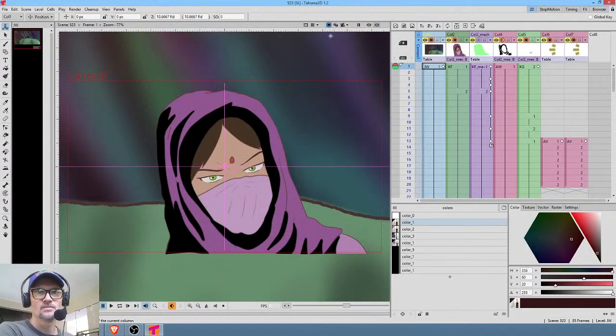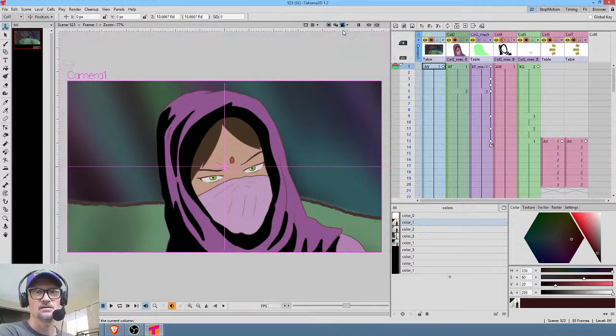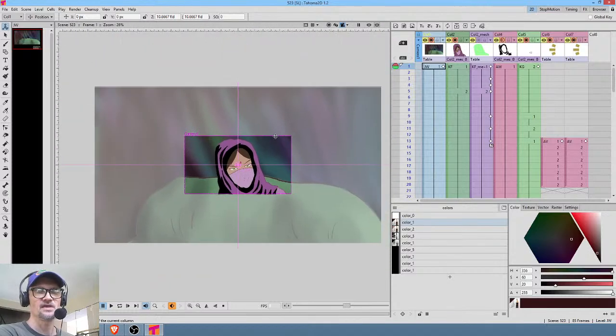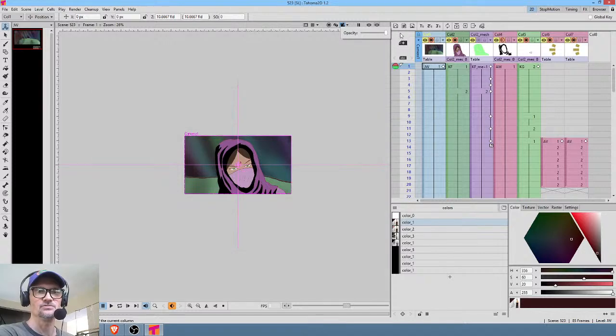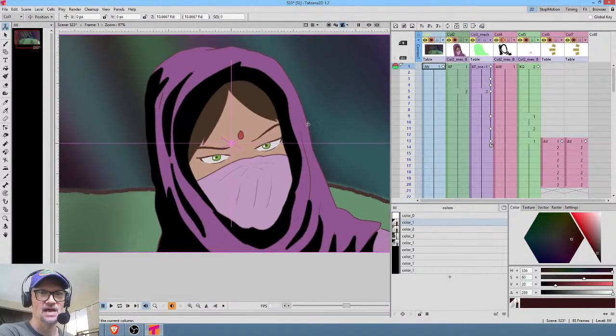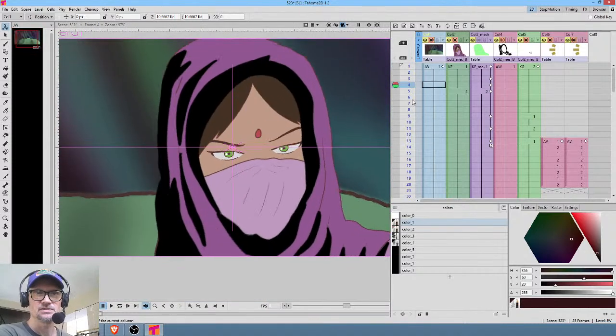Okay, cool. And then I tend to like having my visuals cropped to the camera. One thing you may or may not be aware of in Tahoma, which I don't know if this is in OpenToonz, is you can actually choose to modulate the opacity of that spread so that you can get the camera cropping and still see some context. I don't actually tend to use that, but it's there if the mood strikes ya. Okay, so yeah, the art here came out quite nice,